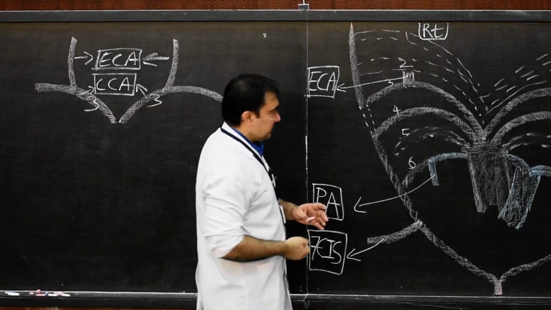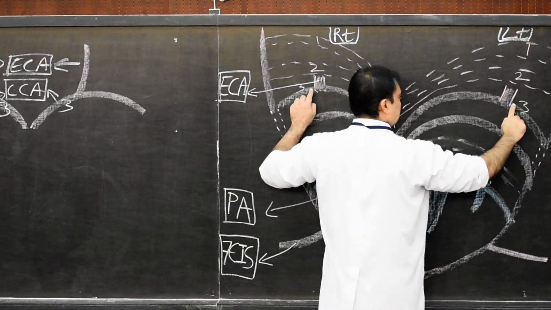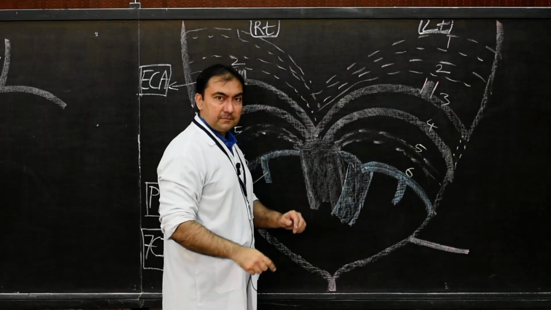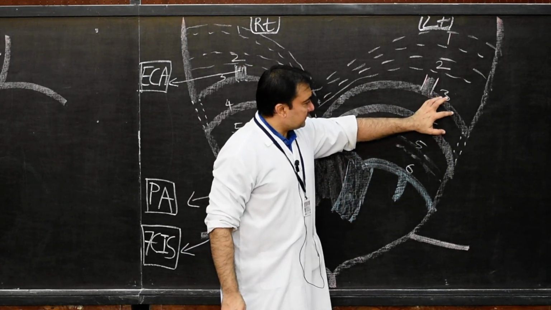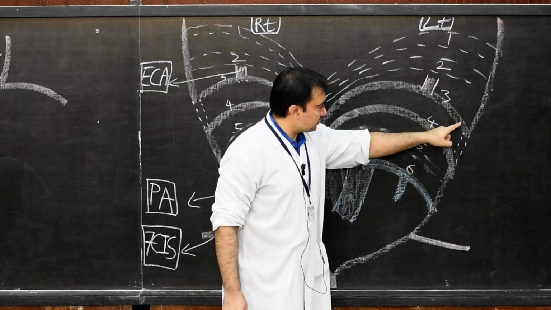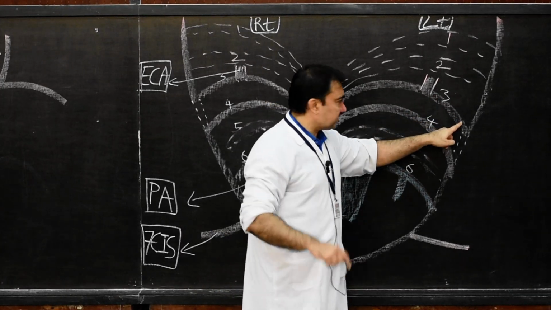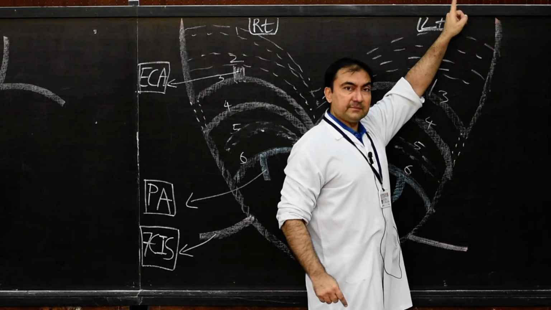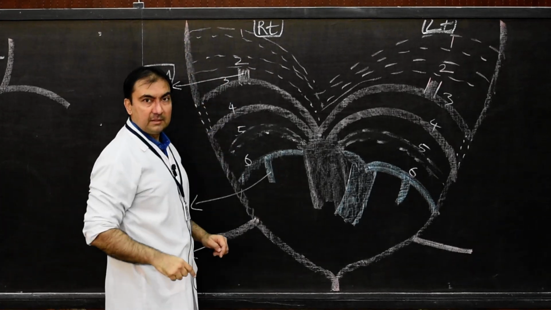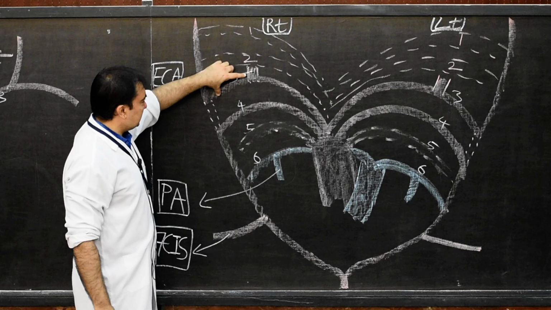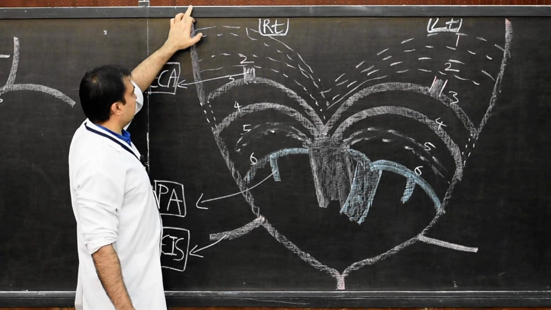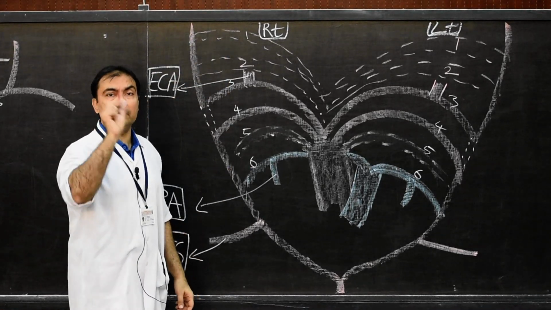Now please come on this side. See here, this is the dorsal portion of the third arterial arch. What is the dorsal portion? The portion of the third arterial arch beyond this external carotid bud. So this dorsal portion of the third arterial arch plus the dorsal aorta, which is migrating in the cephalic direction on right and left. See here, dorsal aorta migrating in the cephalic direction. So once again I'll repeat, the dorsal part of the third aortic arch plus the dorsal aorta, which is migrating in the cephalic direction, will develop into the internal carotid artery.